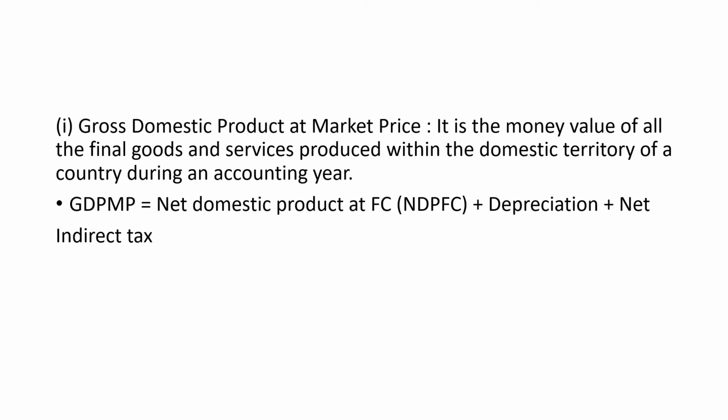So the gross domestic product at market price is equal to net domestic product at factor price plus depreciation. So this is the difference between gross and net. When you have gross, you will have the component depreciation in it. When you have net, then you deduct depreciation from your gross element. Then what we have is net indirect tax. This is something which makes the market price different from factor cost. In the case of market price, we have net indirect tax, but in the case of factor cost, we do not have net indirect tax. So just understand the difference.